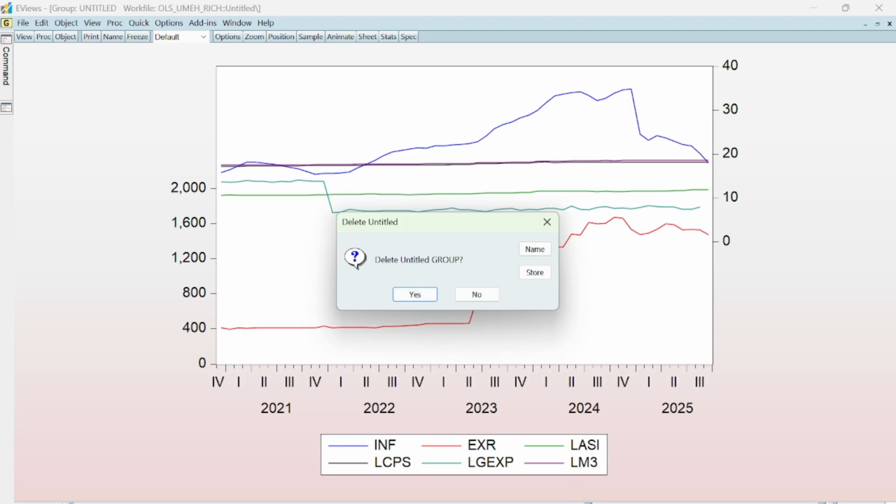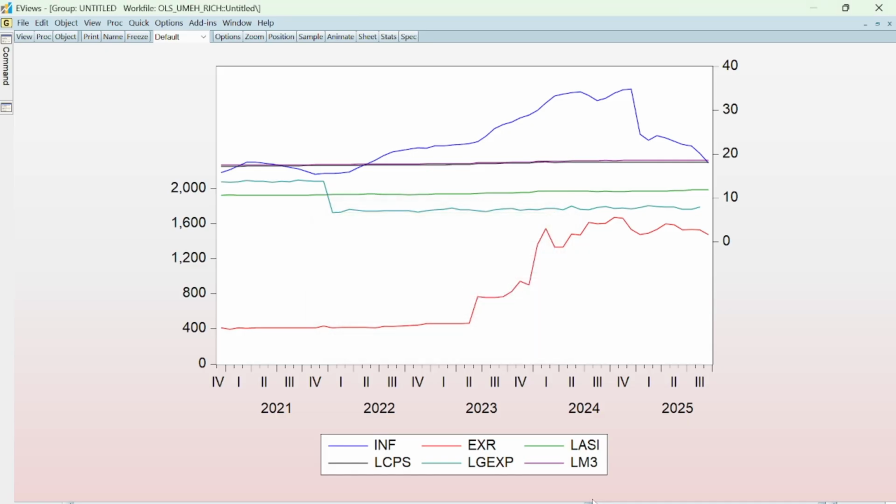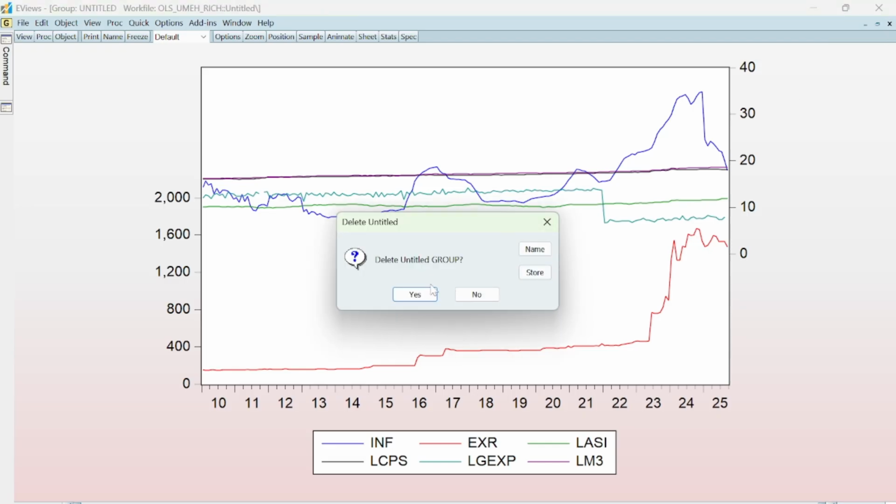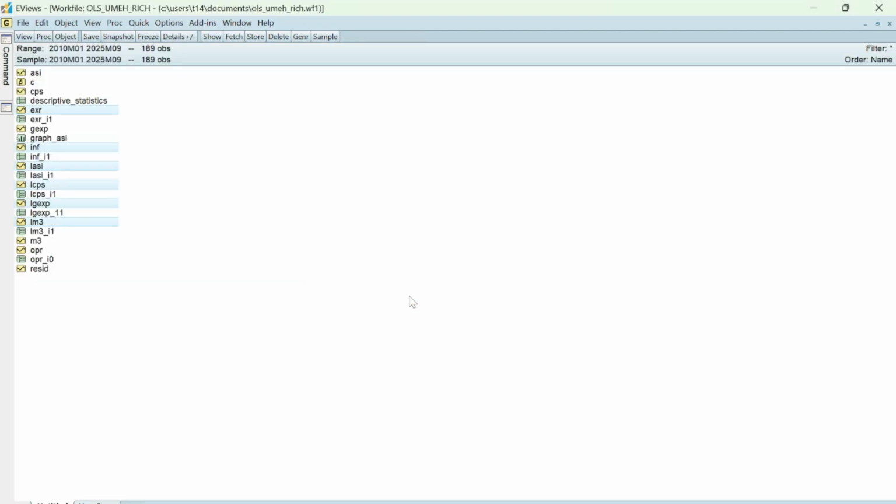Let me just increase it back to the way it was before. So these are full data sets. Let me just take it back and continue from where we stopped. See if you have beautiful pictures that you can use to tell your stories. So getting to know how the graphs move, and we've done the unit root test, we can just move ahead